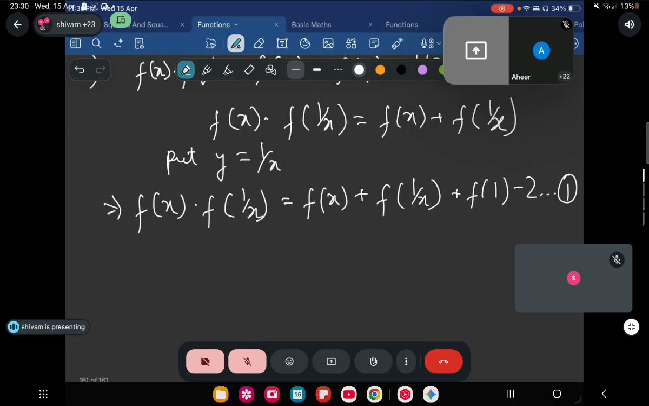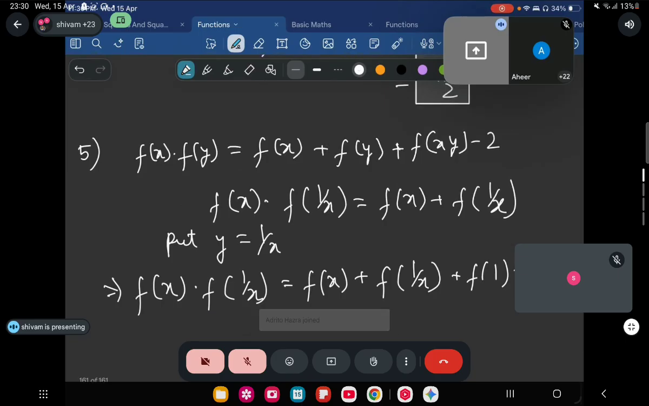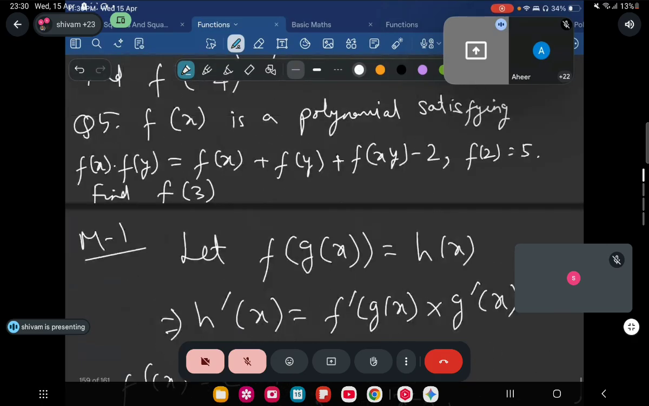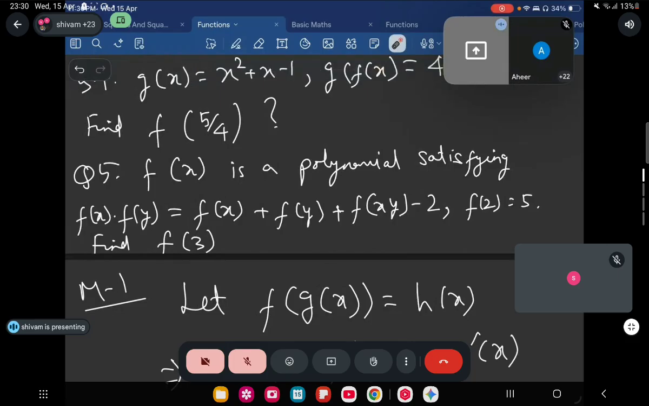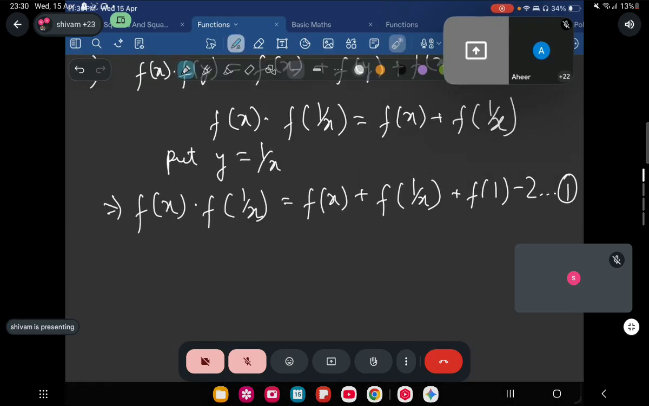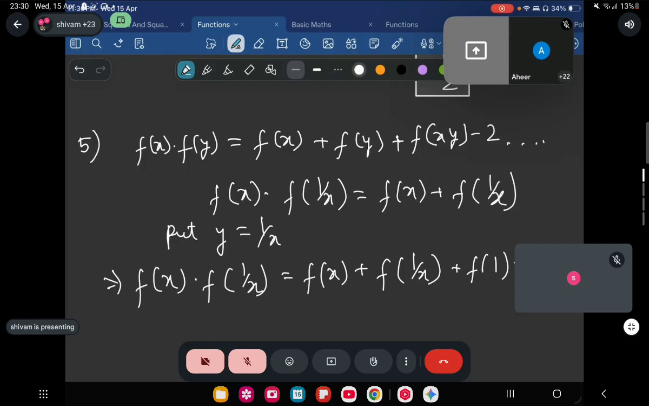Now over here, I need to find out f of 1. I think I have to take help of some boundary value condition. See, f of 2 is already given to us, so I can utilize this and find out the value of f of 1. In this equation, if I substitute x equal to 1 and y equal to 2, I'll be able to find out f of 1. I should have called this equation 1 and this equation 2. Putting x equal to 1 and y equal to 2